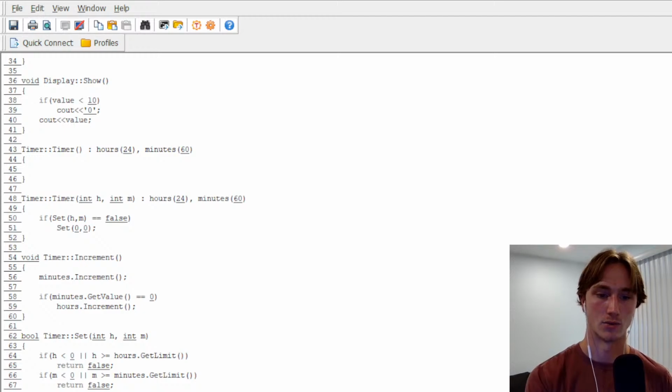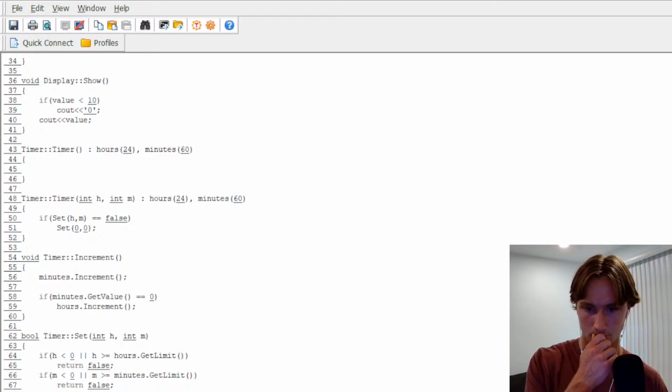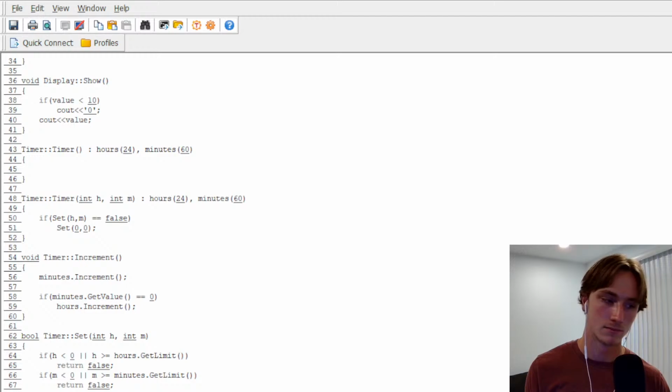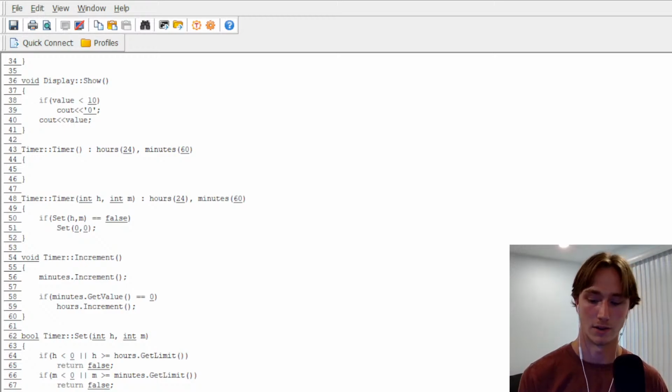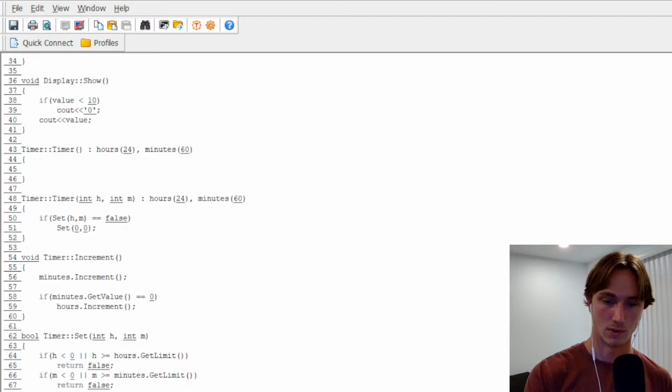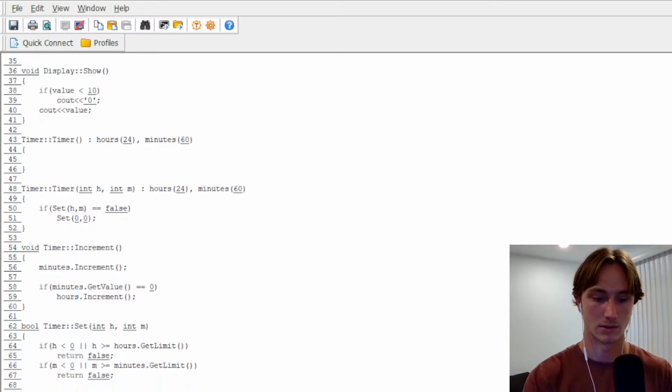So let's get back to the add function I was working on. Let me try to get back to where I was. Add is basically the last function I'm on. Yeah, so if minutes is greater than or equal to minutes.getLimit, then what we want to do is